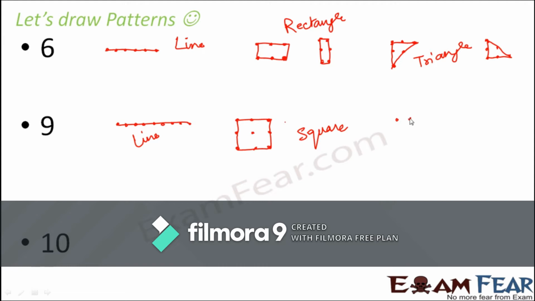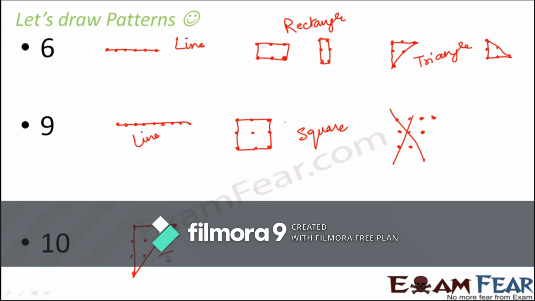Can you draw a triangle? Let's try. Let's say we keep 4 points here, then 3 points, then 2 points. But how many points have we covered? 4 plus 3, 7 plus 2, 9. We have already covered 9 points, but we would need 1 more point to make a triangle. Therefore, a triangle is not possible. But do you think that we can make a triangle with 10? Yes, we can. 1, 2, 3, 4, 1, 2, 3, 1, 2, and 1.